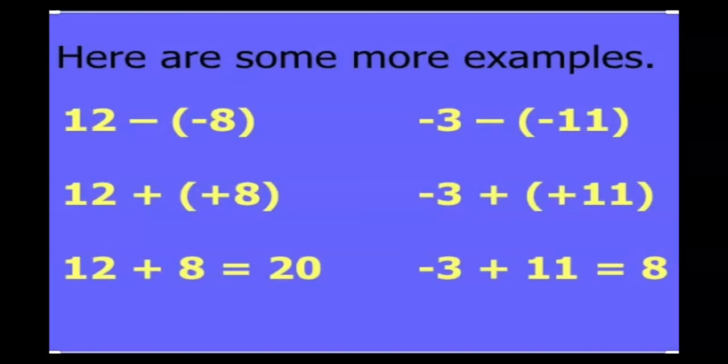The next example, you have minus 3 minus 11, or negative 11. So the first thing is what? Keep it. So minus 3 will remain as it is. Then change it. So change the sign from minus to plus and then opposite it. So the opposite of minus 11 is plus 11. So here you have got minus 3 plus positive 11.